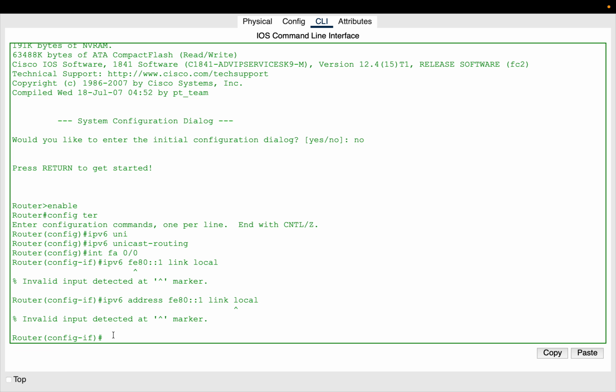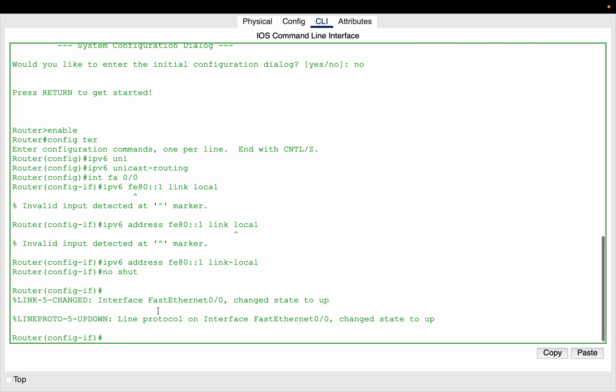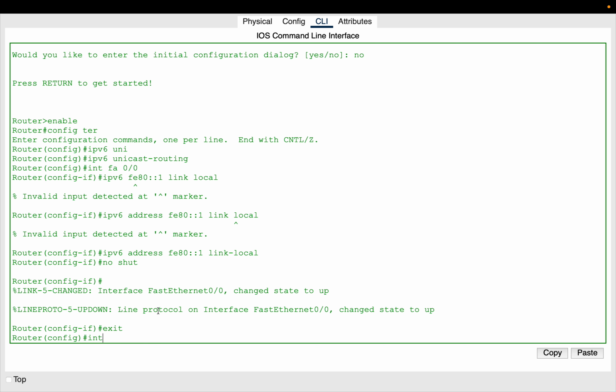ipv6 address FE80::1 link-local. So we need to be careful while typing the command. So this is done. Now we need to do no shutdown, then exit from this port, and now we need to go on interface